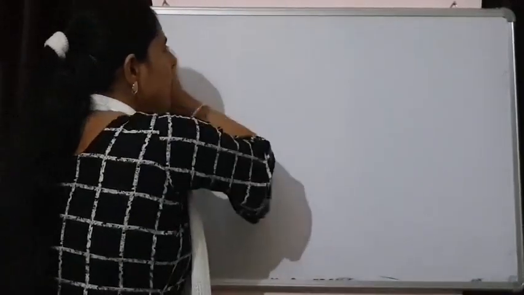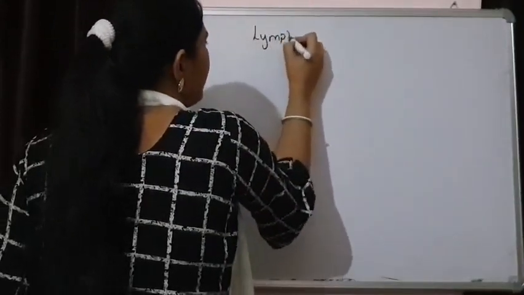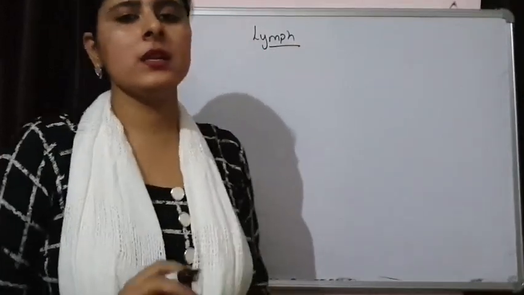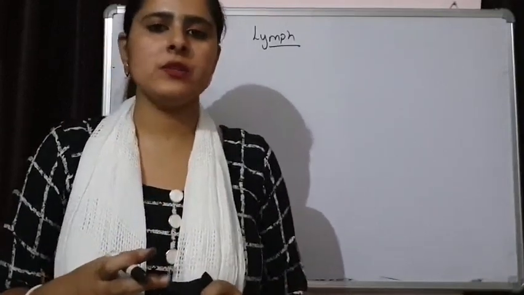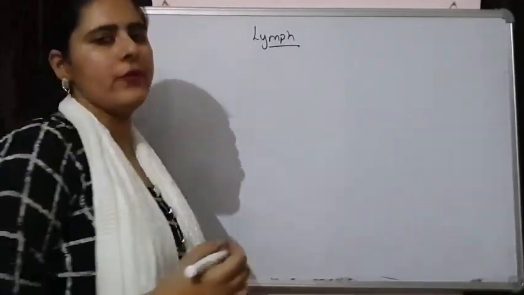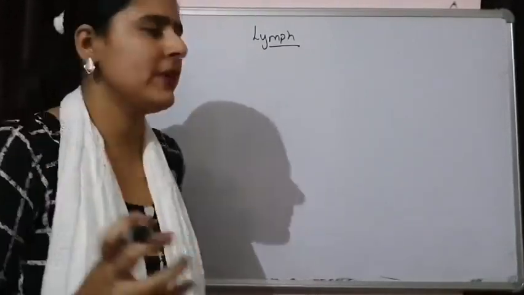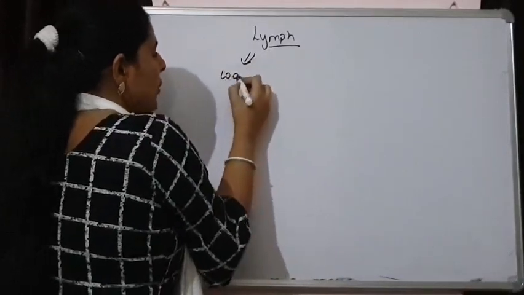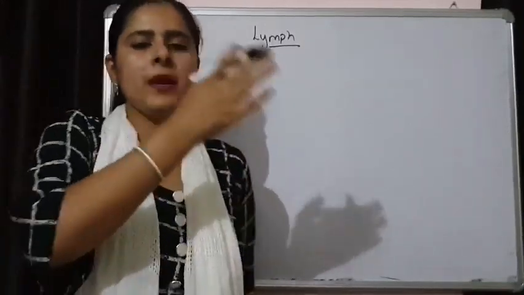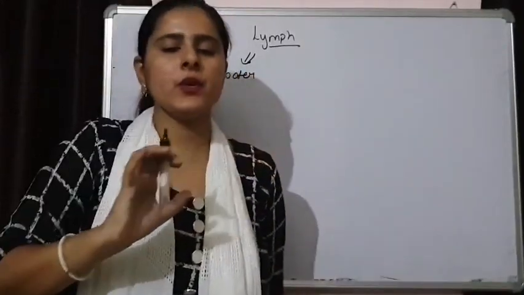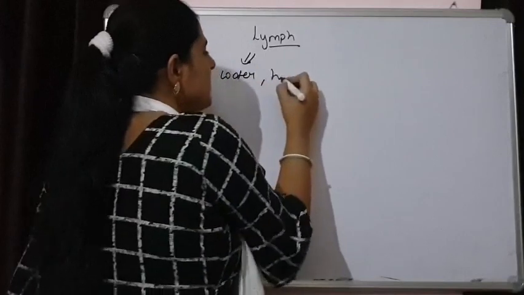Just like blood, our body also has another connective tissue, that is lymph, and this lymph makes the lymphatic system. We are briefly describing what lymph is and what its different components are. Lymph has almost similar composition to blood, but there are some differences. Just like blood, 90% water is present inside the lymph. Blood has more protein as compared to lymph, so lymph has proteins but at a small level. Lymph has a high concentration of glucose.